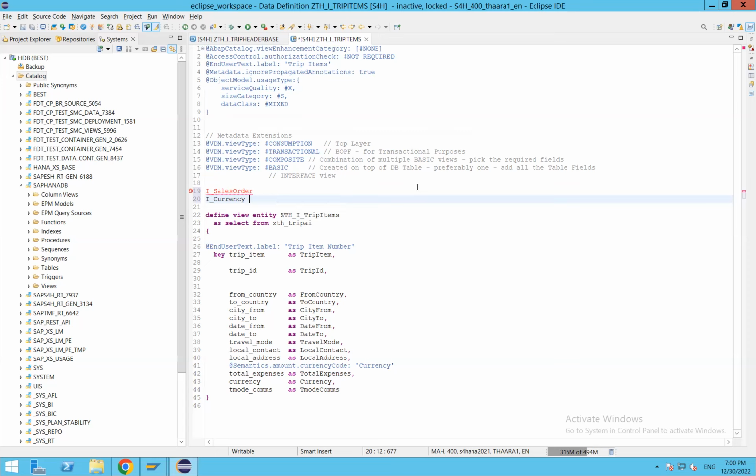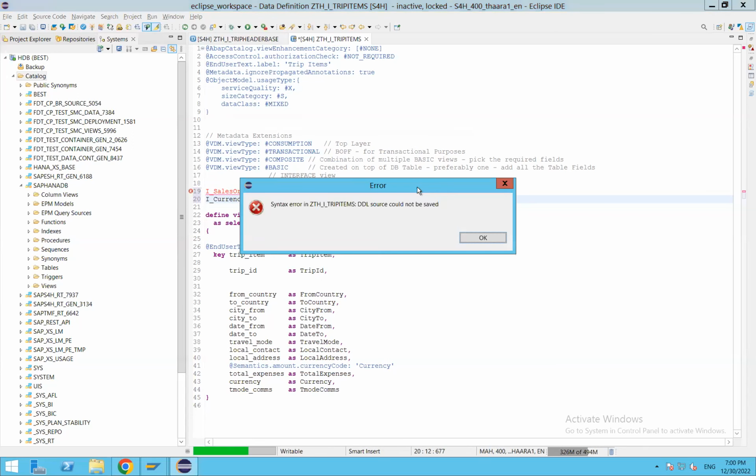All the interface views are basic views,